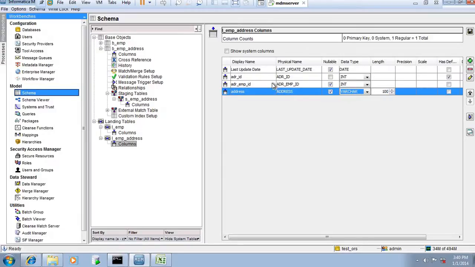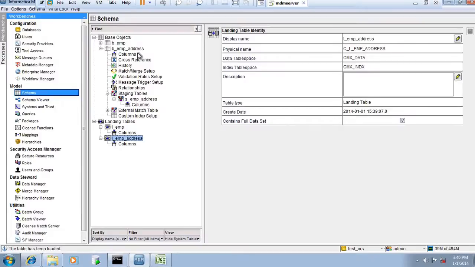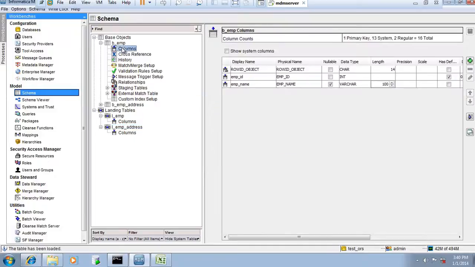Right, so we have defined address ID, which is the primary key, address EMP ID, which is the foreign key of EMP, and address, which will contain the actual address. Now click on save. So you can see we have created two base objects, two staging tables, and two landing tables. Fine. Now we will see some other things, like some predefined columns in each and every table.